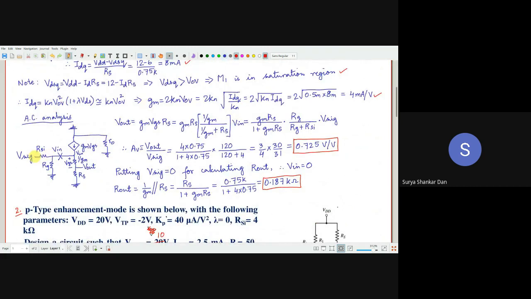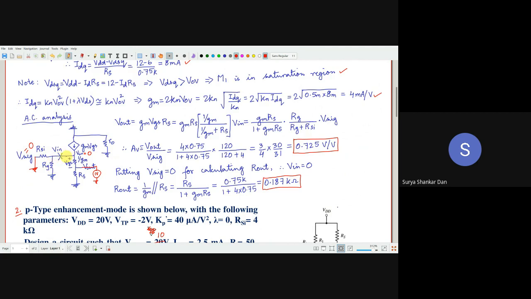So what we shall do is we will simply short circuit the input to the ground. That means we are making V signal equal to 0. And then we are replacing the output node by a voltage source. You can consider it as 1 volt also, if that's helpful. Now, with a voltage source over here, we are trying to find out what are the parallel paths seen from the output node. When you are looking from this side, what are the various parallel paths?